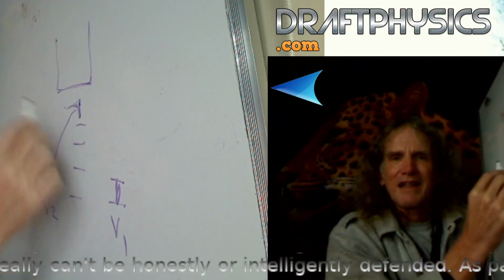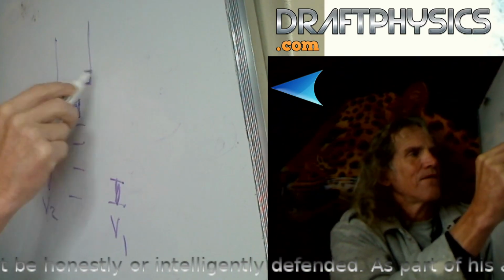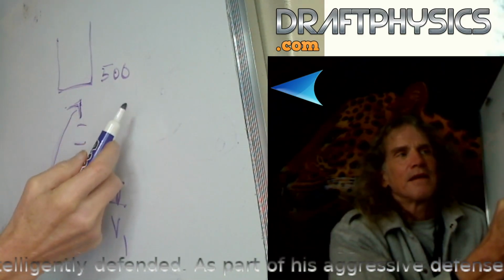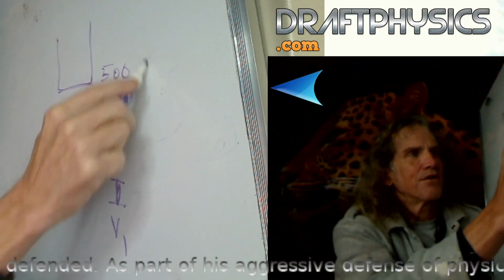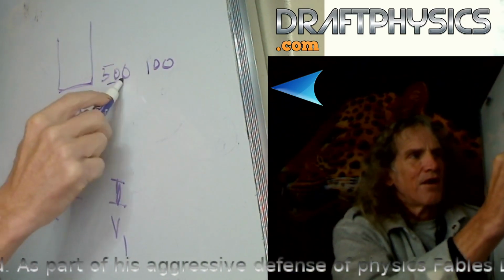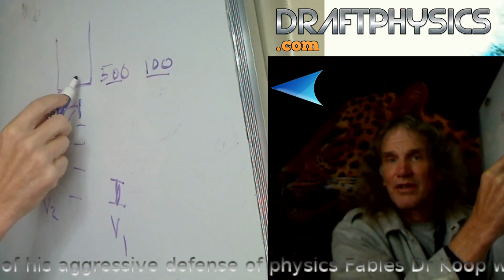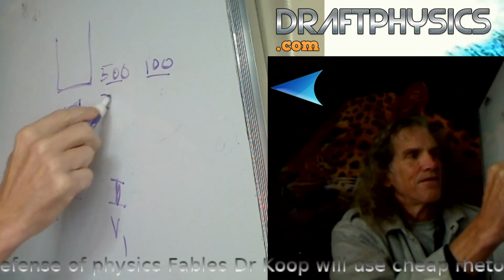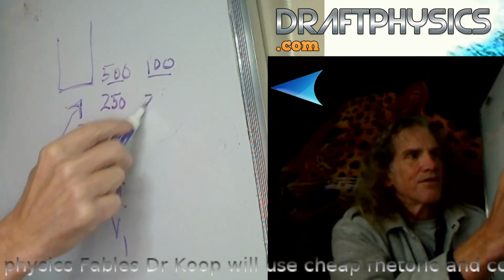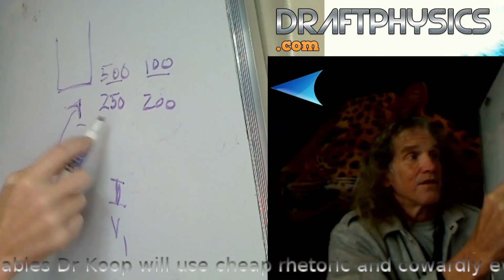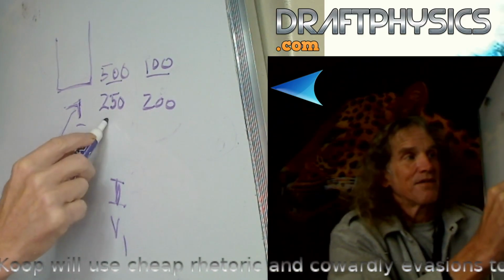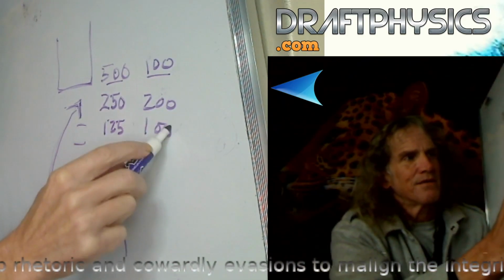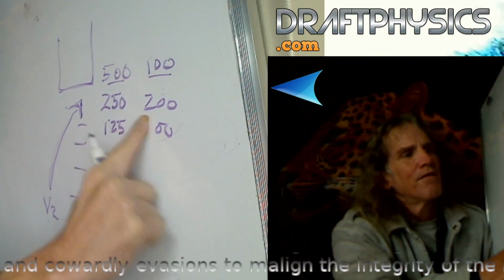If I'm letting things in that have heat, if I let 500 things in that are, let's say, 100 degrees each. So I let 500 things that are 100 degrees each in, or I can let 250 in, okay, that are 200 degrees, or I can do some other combination. I can take half of that, 125 at 100 degrees. No, that's the wrong way. 400 degrees.